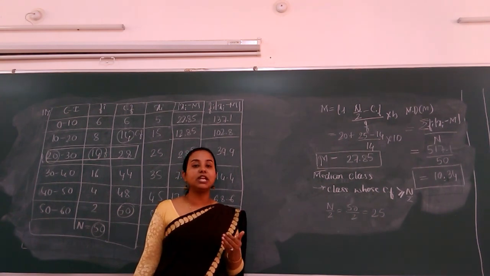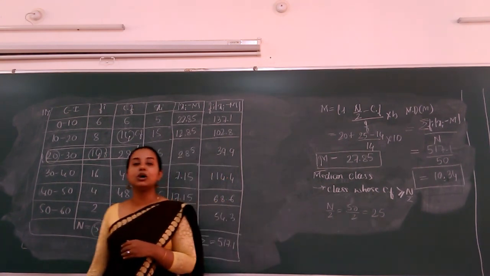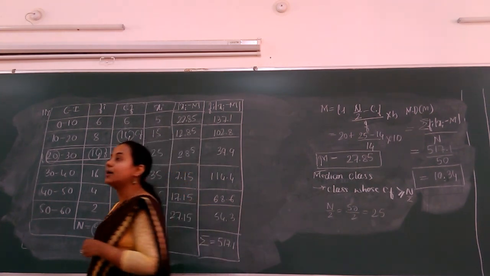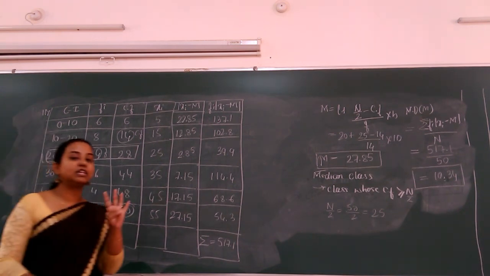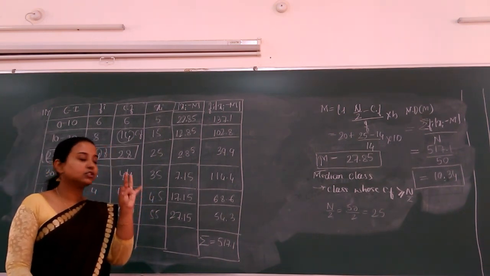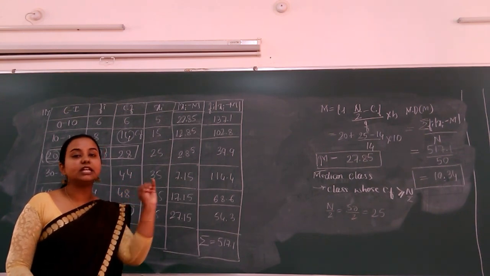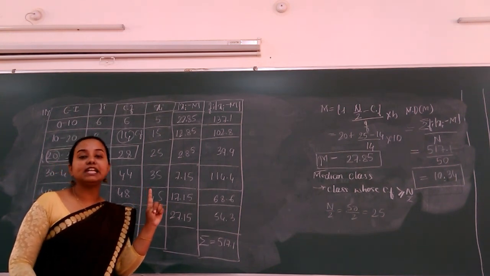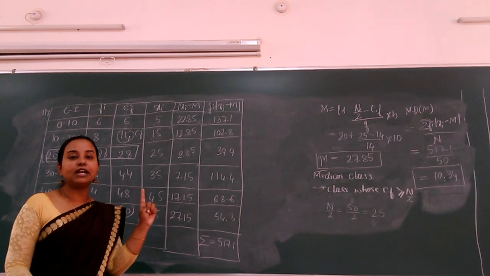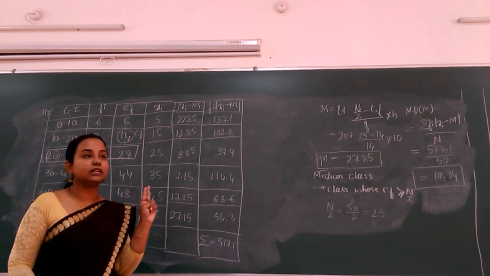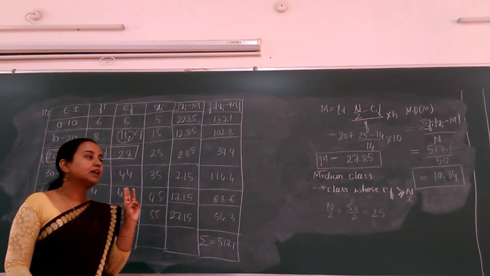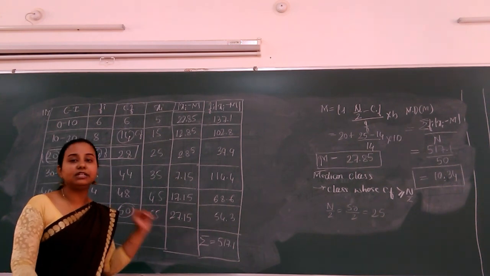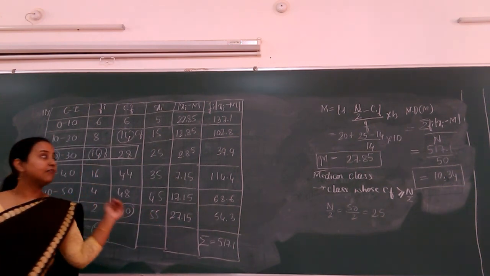Apart from this, what is mean deviation in general? Mean deviation is also a measure of dispersion. In total there are 4 measures of dispersion: range, quartile deviation, mean deviation and standard deviation. Range is the highest value minus the lowest value, irrespective of the type of given data. Quartile deviation is not there for your class 11 or PU1. Next, mean deviation, how to calculate it for different kinds of data, we have learned in exercise 15.1.